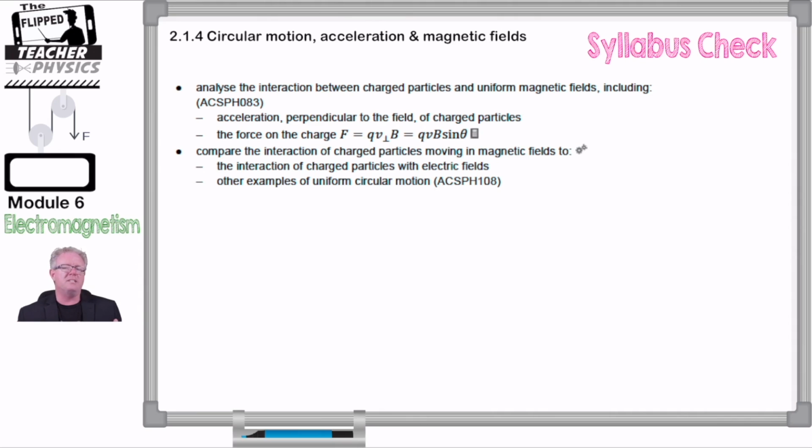Now that we have an understanding of how a particle can move within a magnetic field, due to the interaction of its induced magnetic field with the external magnetic field, that causes the particle to undergo circular motion. And so now, for the next two videos, we're going to be exploring this idea of circular motion